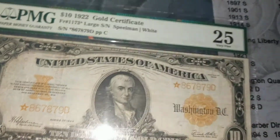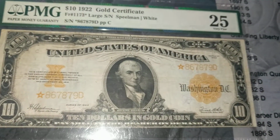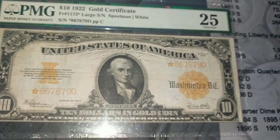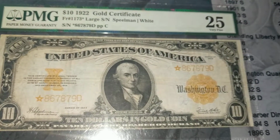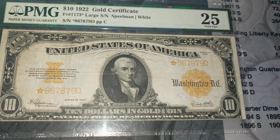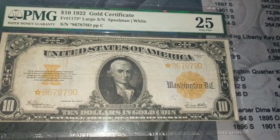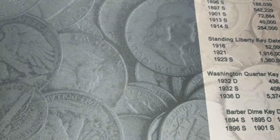Next, this is my large size star gold certificate from 1922. So I kind of got in a run there where I did a bunch of videos about my large size stars. And this is kind of in the middle of those, I believe. This is, let's see, number 8. Number 7